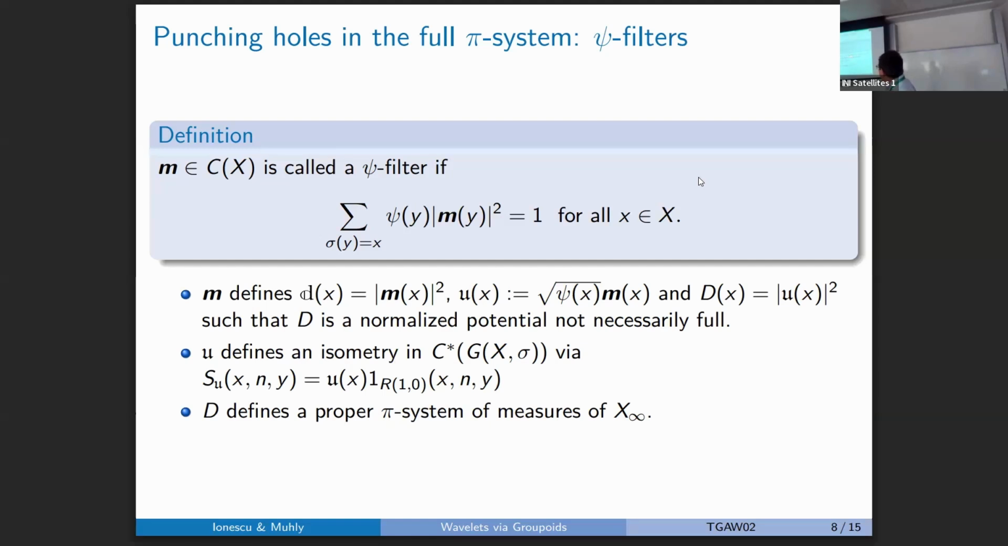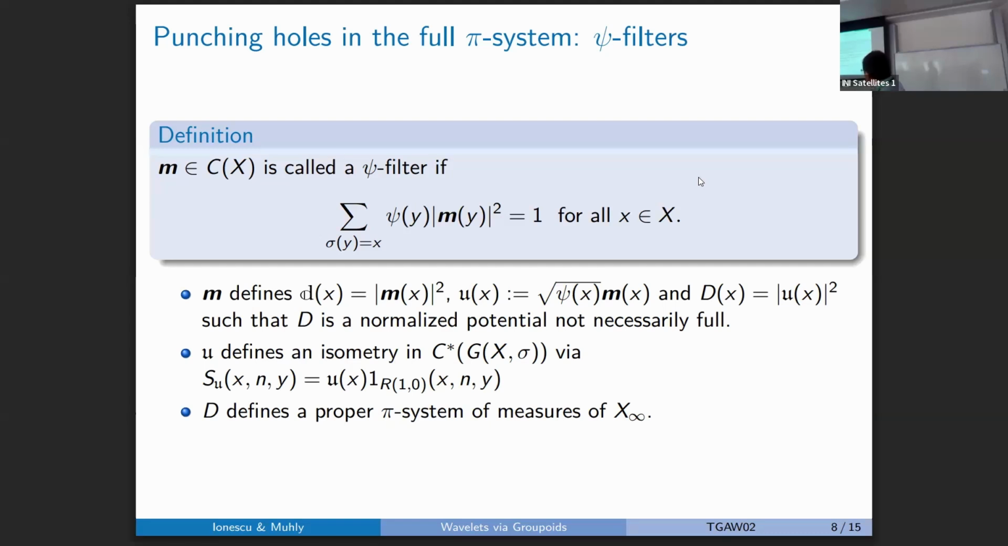U will be very important. Square root of X, M of X, so basically taking square roots in there, that's the square. And D, which is square root of this function, basically D is just this guy. And this equation implies that D is also a potential for a transfer operator, but it might not be full. But regardless, this function U